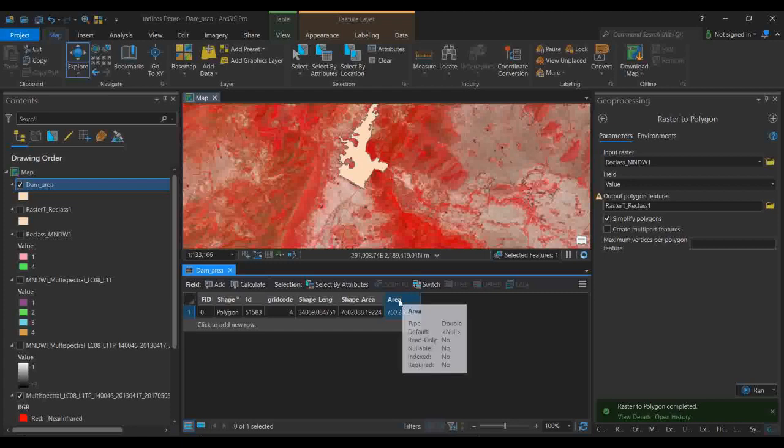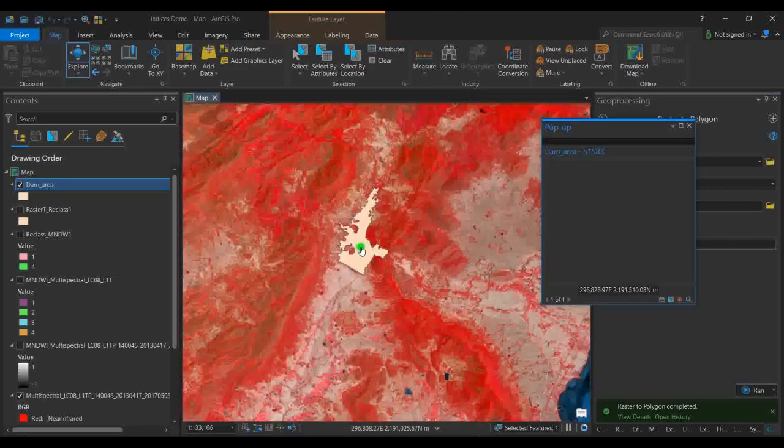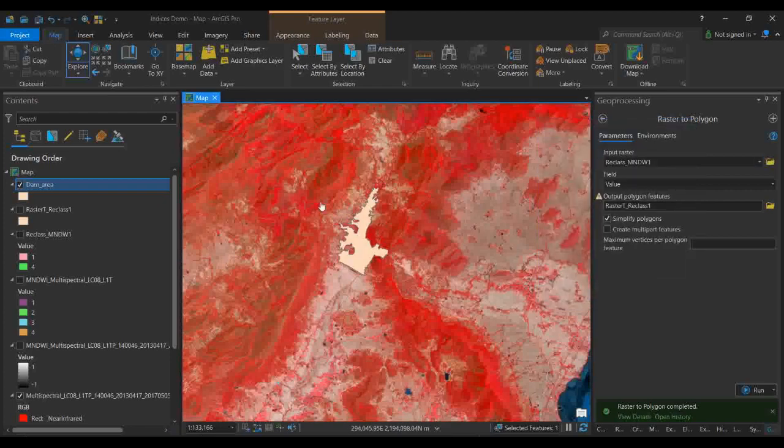So this is the way. This is 760 point something hectares for this particular polygon. Like this, you can see the area is also showing. You can enhance the information. We also call it image targeting. Using ArcGIS Pro you can do the image targeting, and if you want to extract the information, that is called image extraction. That also you can do.